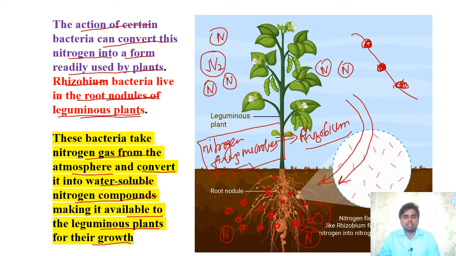So it is very easy, student. We know all the processes we have studied right now. How does rhizobium fix the nitrogen from atmosphere to the soil? Okay, so moving to the next part, students,